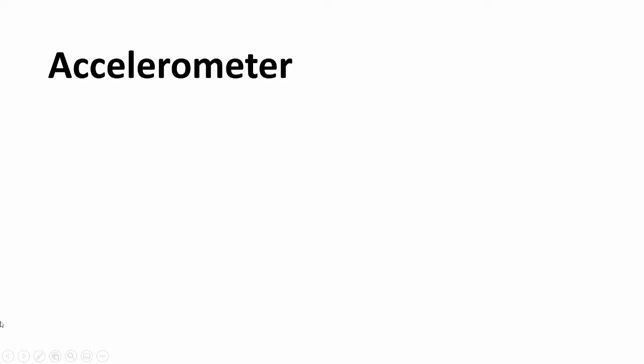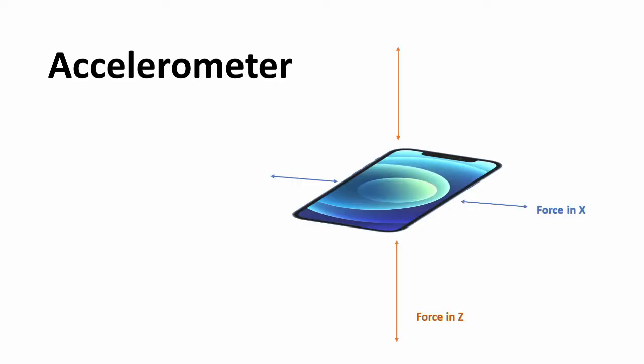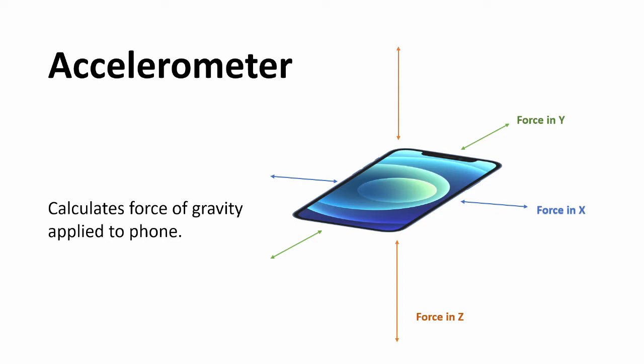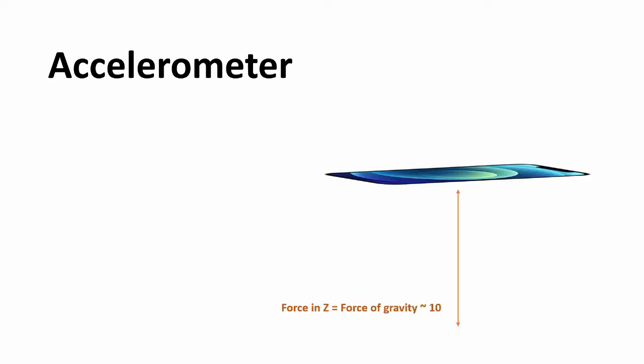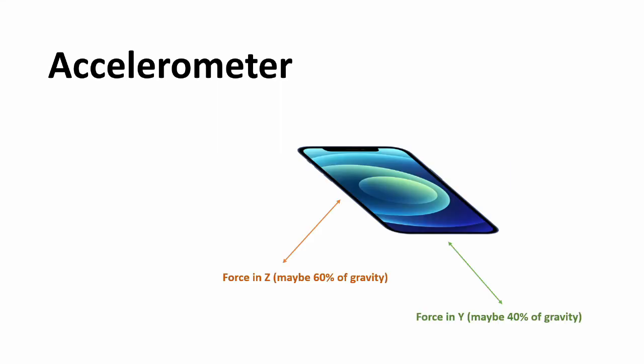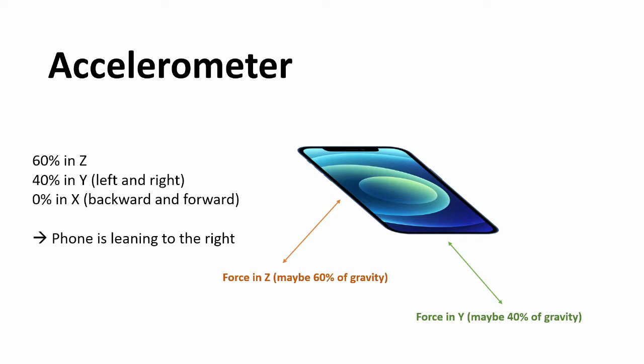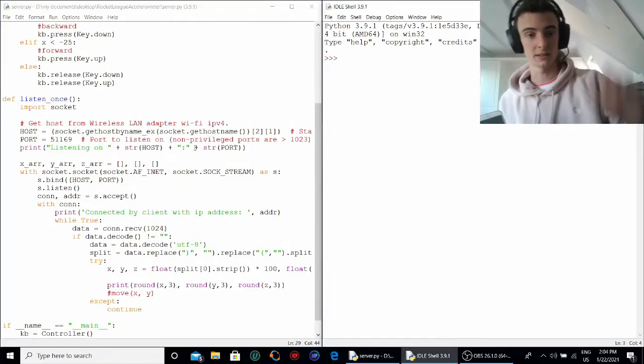On the other hand, the accelerometer is basically calculating the force that's acting on each axis of my phone, the force of gravity. So if I hold my phone completely flat, then the force of gravity is solely on one axis, let's call it the z-axis. As soon as I tilt my phone, that same force of gravity is going to be split between multiple axes. Based on those different values, I'm able to calculate the orientation of my phone at that specific moment.